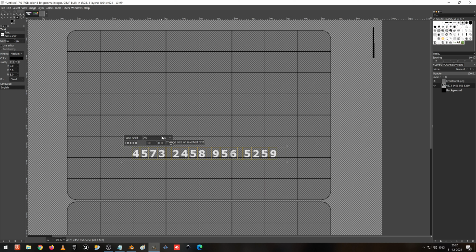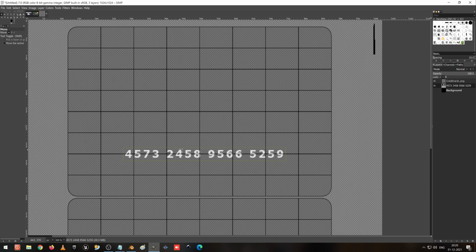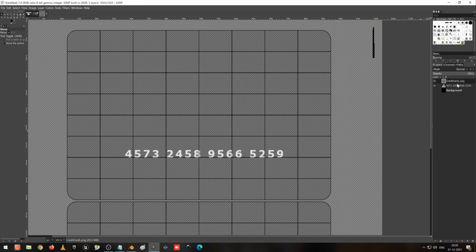Okay, here I think I have missed one number, so I added the number. Now I have added the number. I go to the move tool and I am going to move this number. I press Ctrl C and I select this one and I am going to lock this position. So now I can move only this. Sorry, I select the back credit card layout. I am going to lock. I am going to unlock this one.